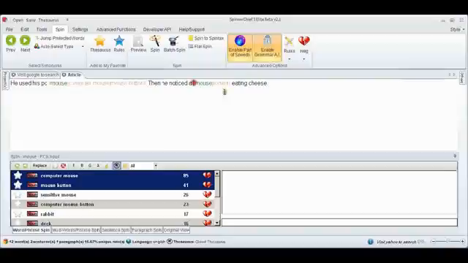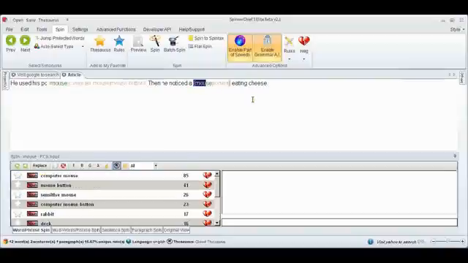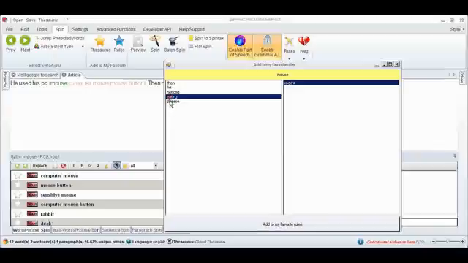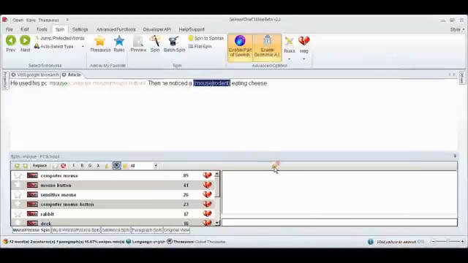And now we do the same for this version of mouse. We highlight all the ones we've added, and we add a rule. Now, these are all the words surrounding this version of mouse, and the two obvious ones there are eating and cheese, I would say. So this is when we're saying to SpinnerChief, when you see the words eating and cheese, add the word rodent. Add to my favourites. There's the rule added. Now, if we apply the rules,